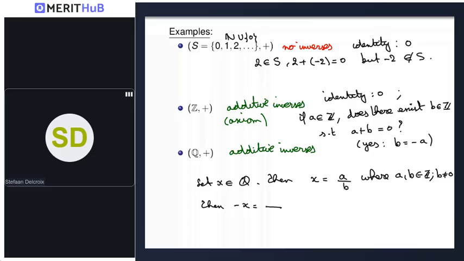The numerator is the opposite of a, and the denominator is still b. Why? A over b plus the opposite of a over b, put it on a common denominator, we get 0 over b, which is 0. So that's why we write,